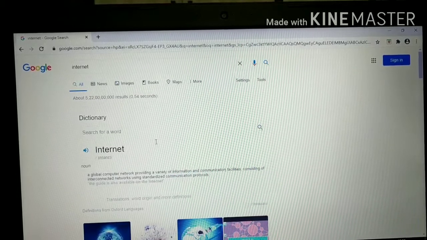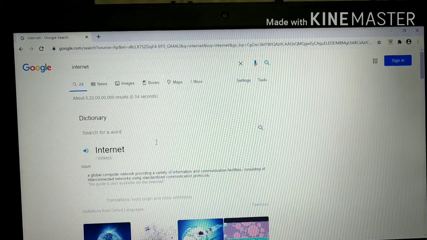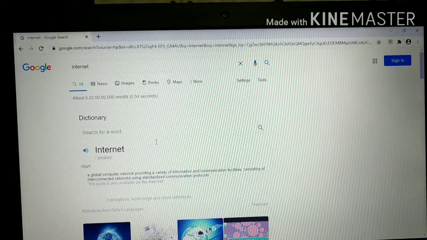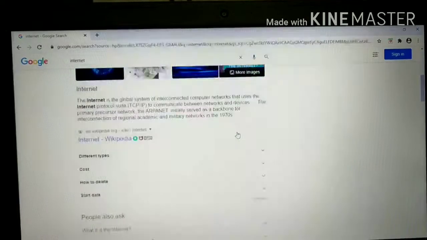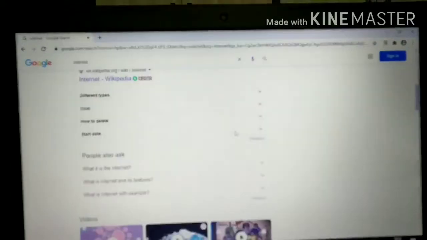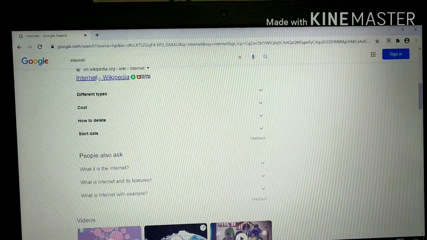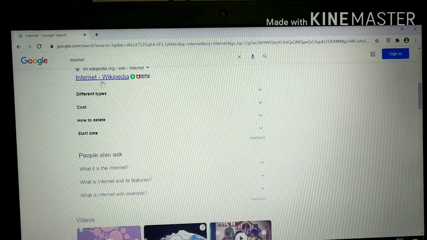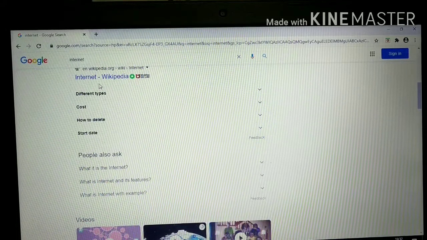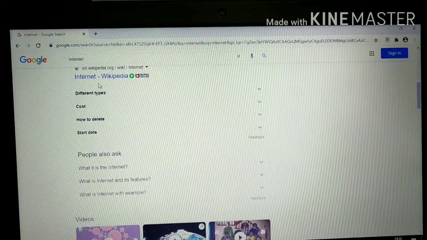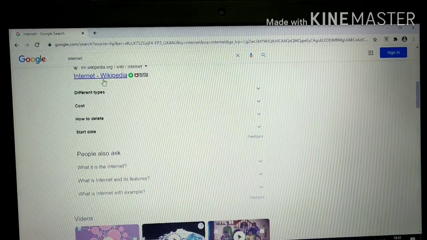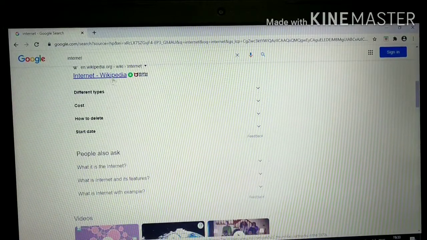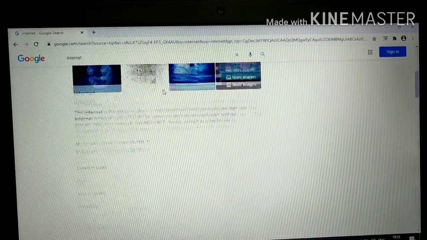As I typed internet and pressed the enter key, this web page appears. I hope you all can see this web page, and you can see this highlighted text. This is known as a hyperlink. Clicking on this hyperlink, we can get information regarding the topic.